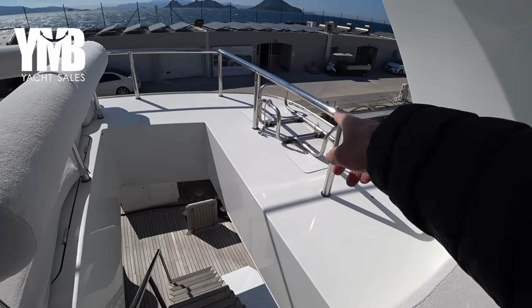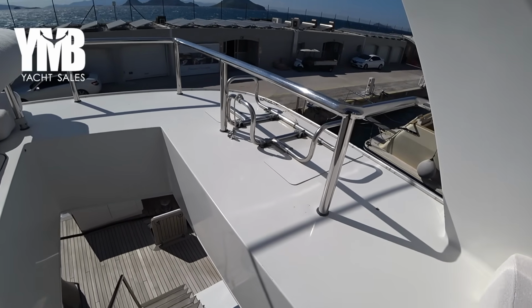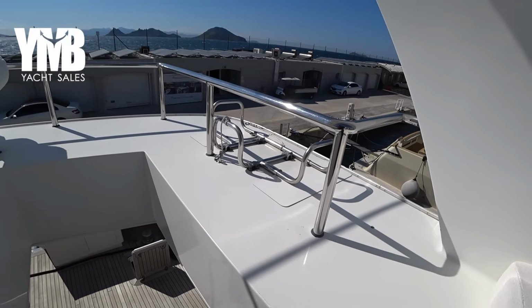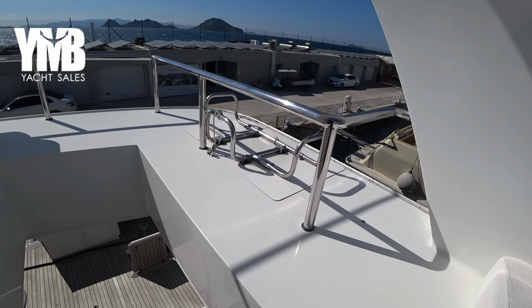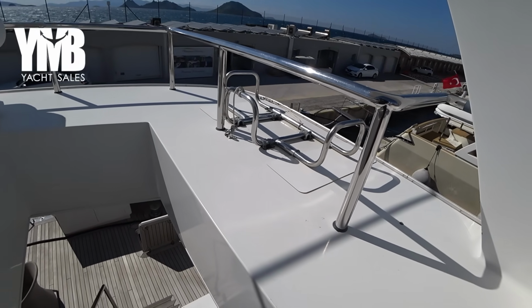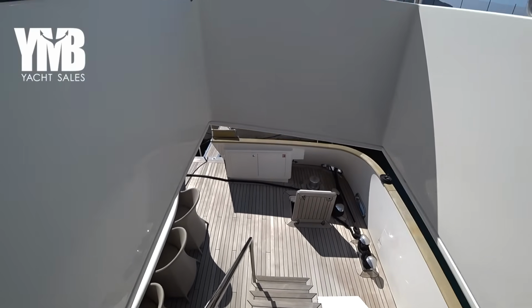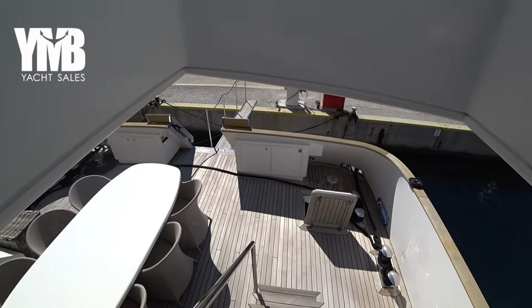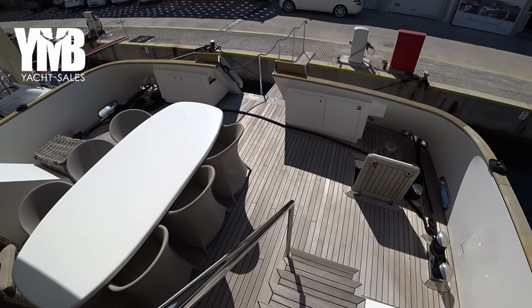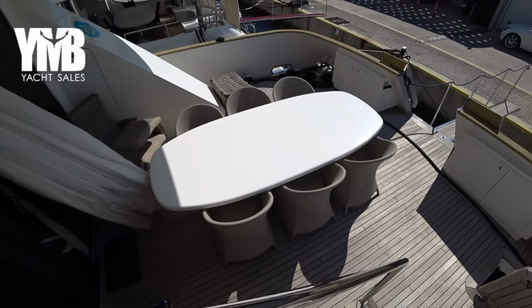This is a place for life rafts. There are 2 life rafts in this boat. At the moment they are under a validation process. They have been sent to the service center, so this will be serviced, and for the new owner will be valid and approved. So we are going downstairs, very comfortable stairs, not sharp at all, and we can see from here again,